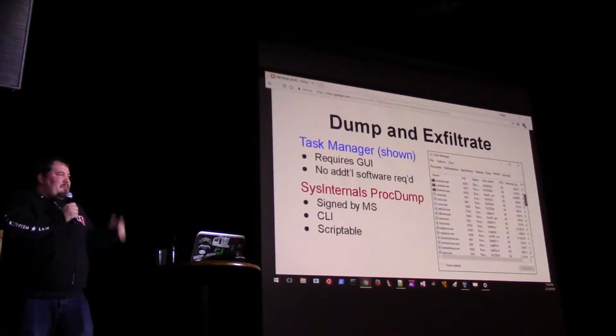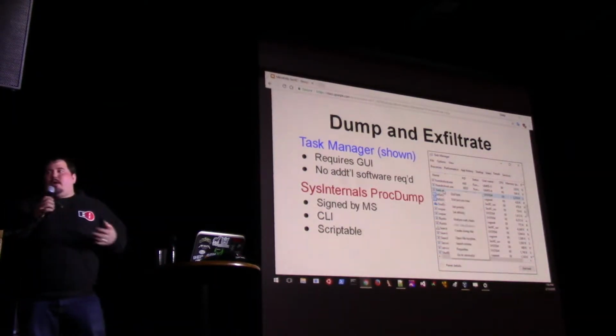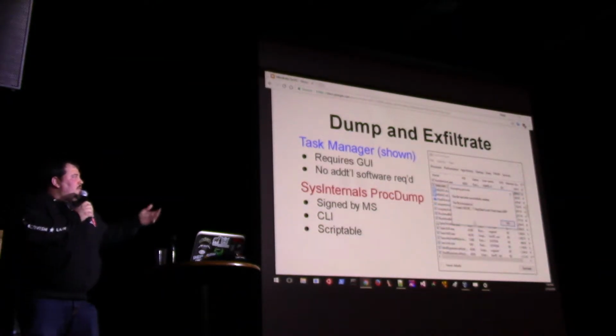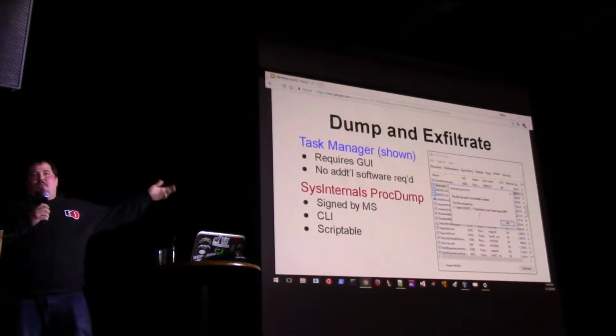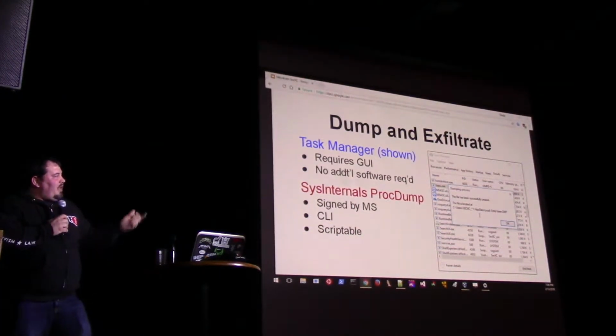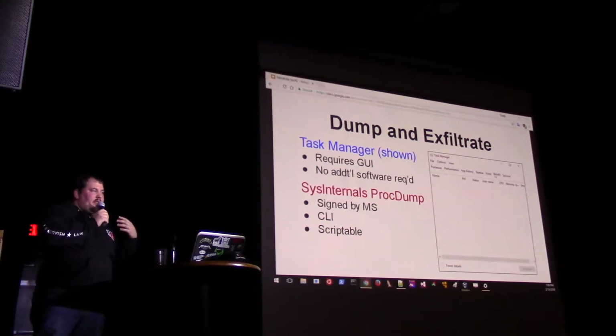Another option is not to write Mimikatz to disk at all. Don't worry about antivirus at all. All we need is memory of the LSASS process. So what we can do is a minidump using Task Manager. If you have GUI access, open Task Manager, scroll down to lsass.exe, right click, create a minidump, and when you do, it'll write out to the local temp directory, and you can just exfiltrate that off the system however you